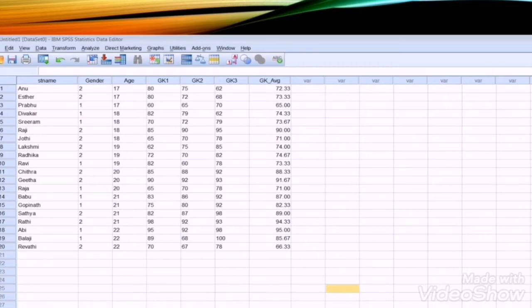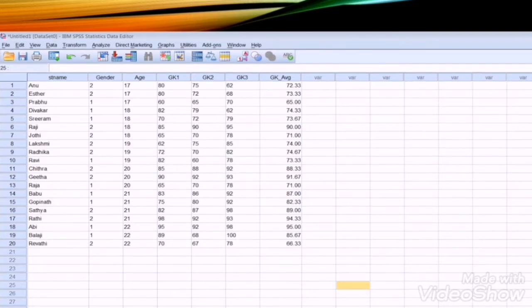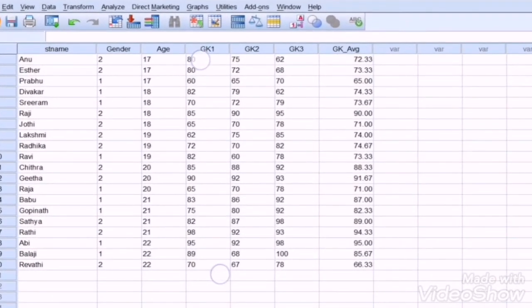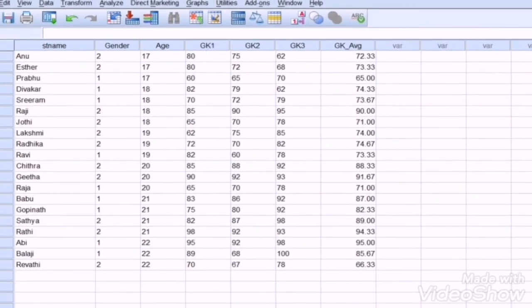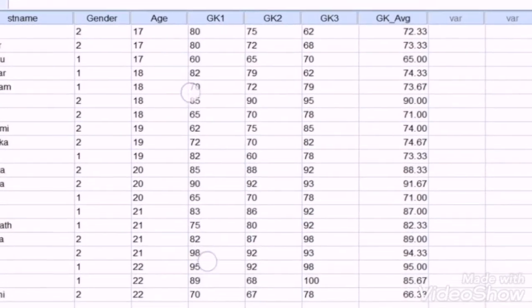Once the command is executed, we have to return back to the data view to find out the result. So let us see here, we have arranged age in ascending order. The records have been rearranged based on age: 17, 18, 19, 20, 21, 22 and so on.